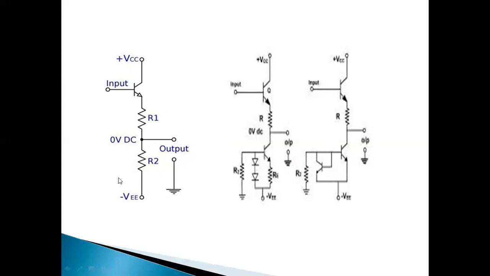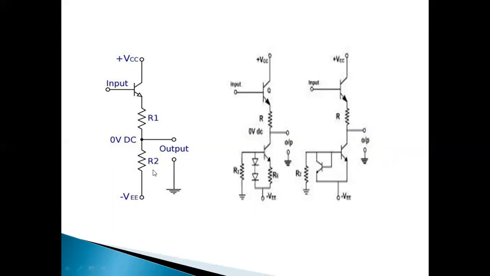And this is one of the level shifters. We can also use two other types of level shifters. So here this figure represents an emitter follower with constant current bias, by using some diodes. And we can also use an emitter follower with current mirror. So these are the three circuits which we are using in place of the level shifter.